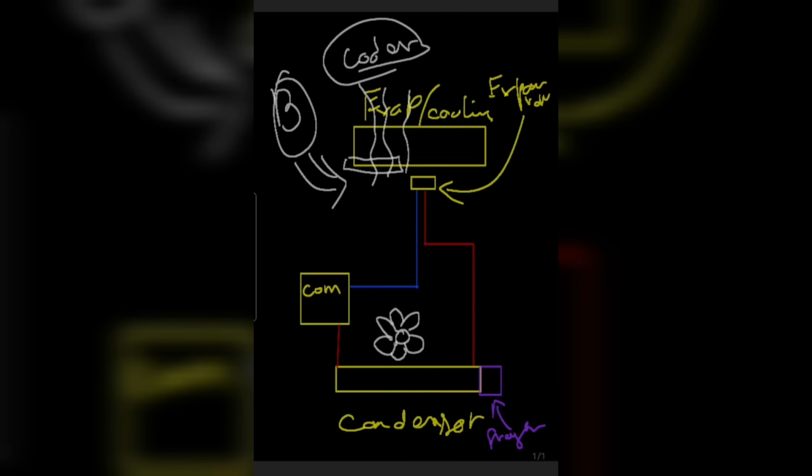Otherwise, in newer models it is only one fan which also cools the radiator and the condenser. So what happens is when you drive your car, there is air coming in this way. It goes through the condenser and cools it down. The dryer dries the gas, and this dry, high pressure gas goes into the expansion valve, and expansion